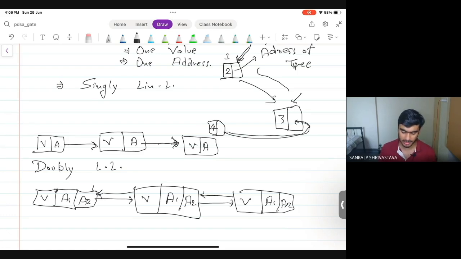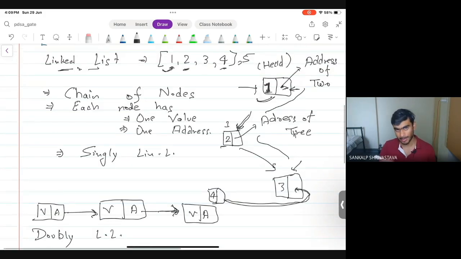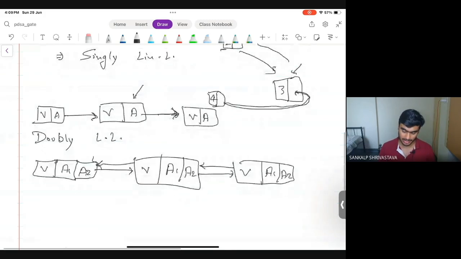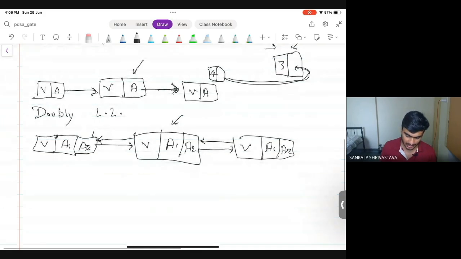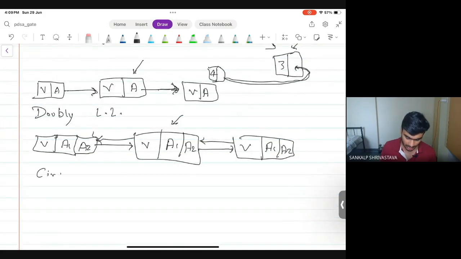So this is a doubly linked list, where we have a two-sided arrow so you can go from node 1 to node 2. In a singly linked list, we can't come back because node 2 knows only the location of node 3, not node 1. But in a doubly linked list, node 2 will know the location of node 3 as well as node 1. There's another kind of linked list called the circular linked list,